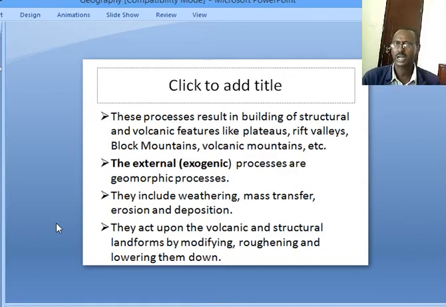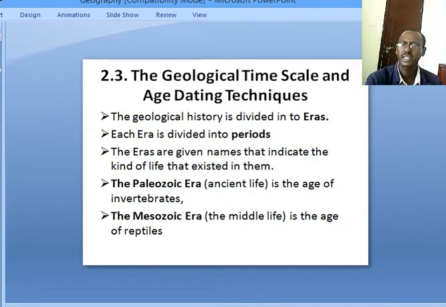All these forms act upon the volcanic and structural landforms by modifying them. They roughen it, they lower it. So we will see different landforms in different periods of the earth. Now in geology, what is most important is that we need to see the geological time scale and age dating